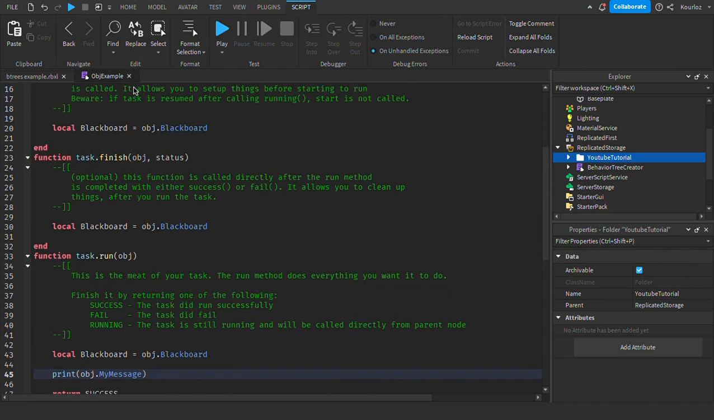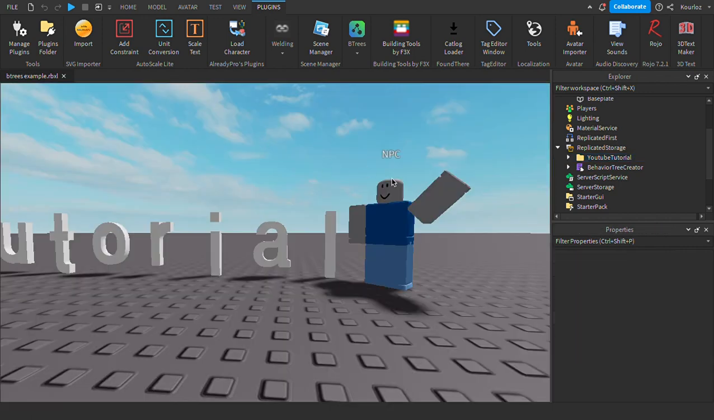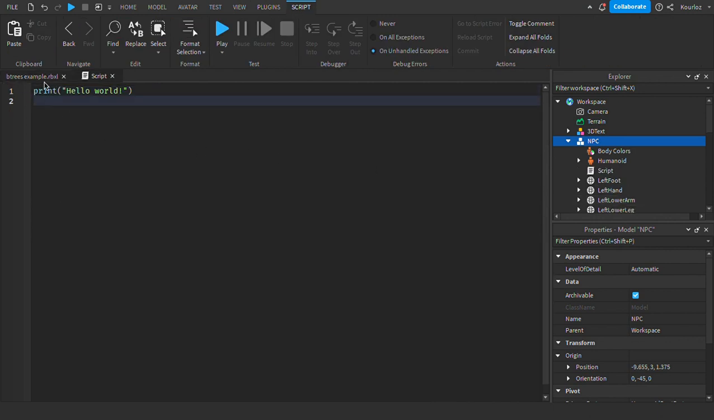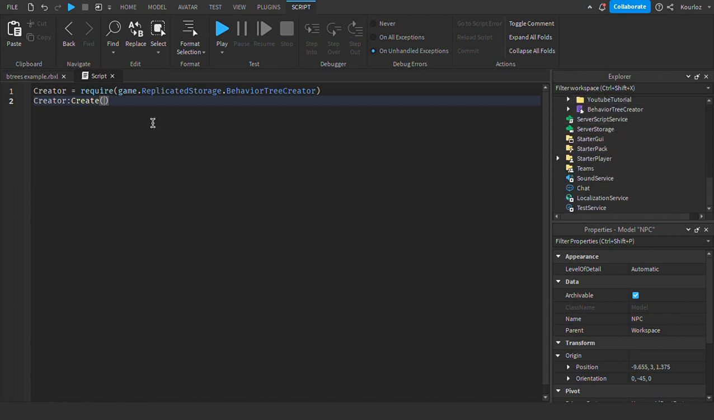So now that we're done with our behavior tree, we need to go to our NPC, put a script inside, and we need to require the behavior tree creator. So game.ReplicatedStorage.BehaviorTreeCreator, create, and then the tree folder. So this tree folder, ReplicatedStorage tree. So YouTube tutorial, and we can create our object table